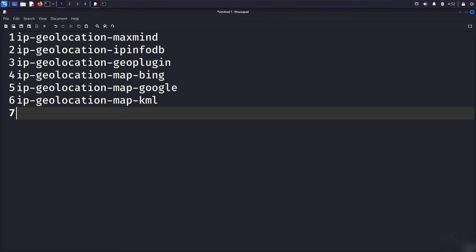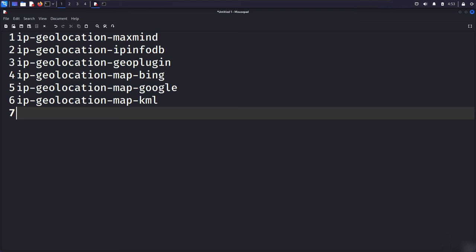We will also learn how to obtain traceroute geolocation information. A traceroute is a network diagnostic tool that maps the path between a machine and a target. NSE scripts provide geolocation information for each hop in the traceroute, aiding in network analysis and understanding the target's